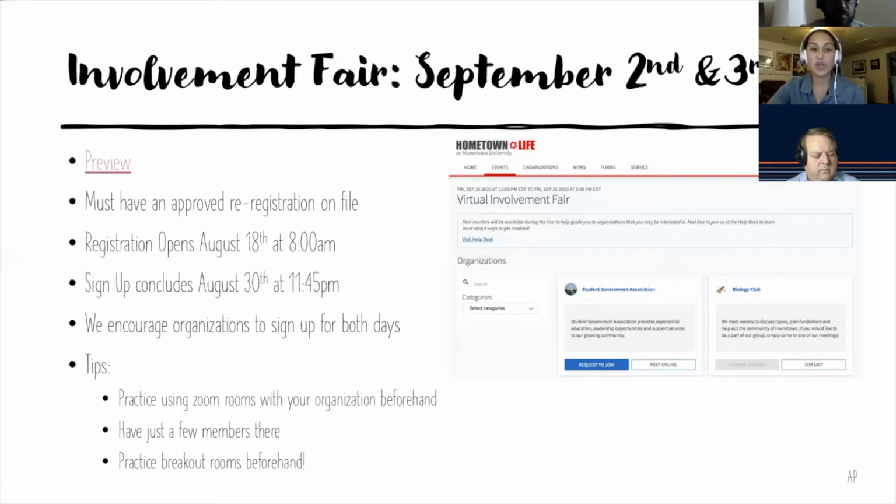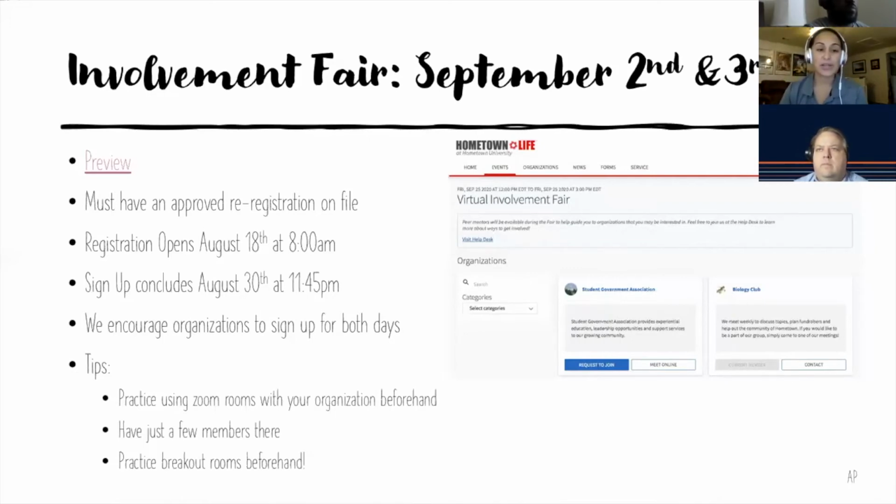We do encourage groups to sign up for both days, on the 2nd and the 3rd. This year, since we are able to be virtual and don't have to worry about being in person, we now have the opportunity to capture more students who may historically have been in class or at work, and who can now choose between two days to get to know students on campus. But it is not required. You can choose to select only one date or the other. In that instruction email, it's also going to let you know the times of these events.